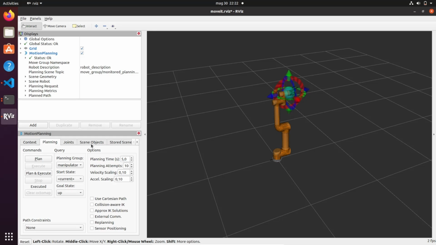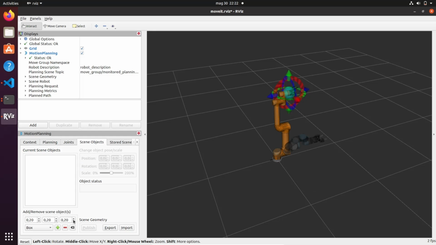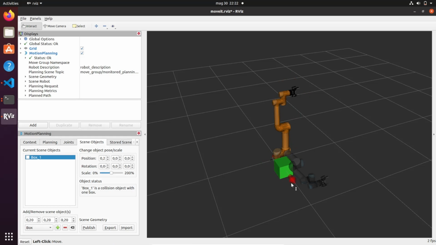So let's simulate this, for example, a box of 0.2 meters. To start, this is a box, okay, and let's move it in position x